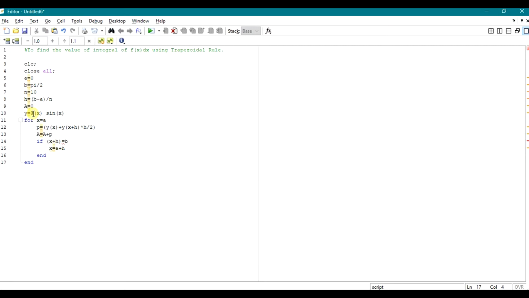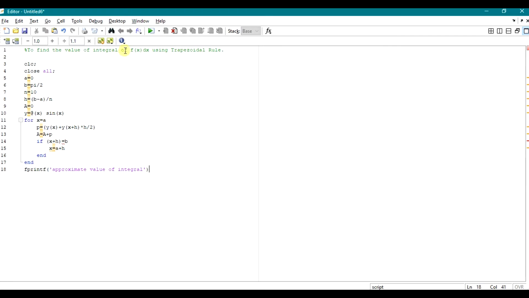It's completely ended. We have to print the answer, so what we have to print is fprintf, single inverted comma open, 'approximate value of integral', single inverted comma, close the bracket.